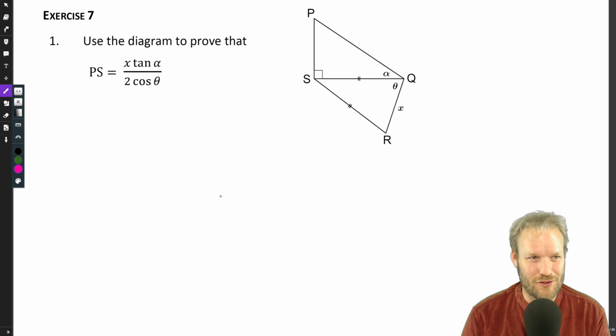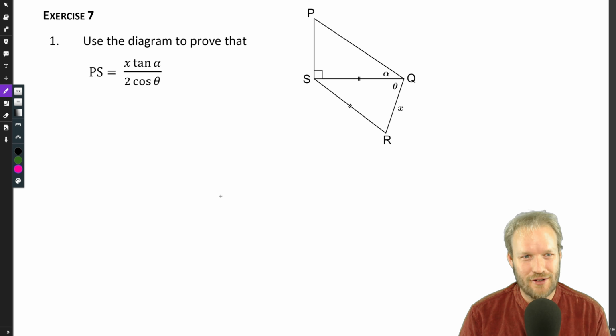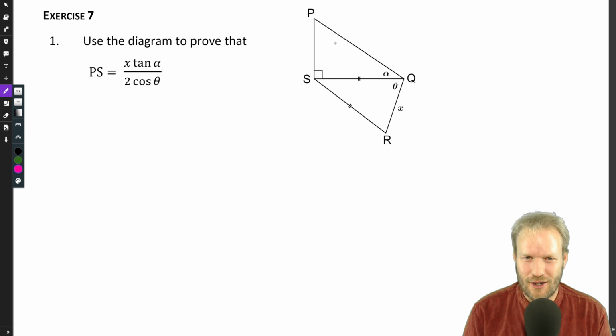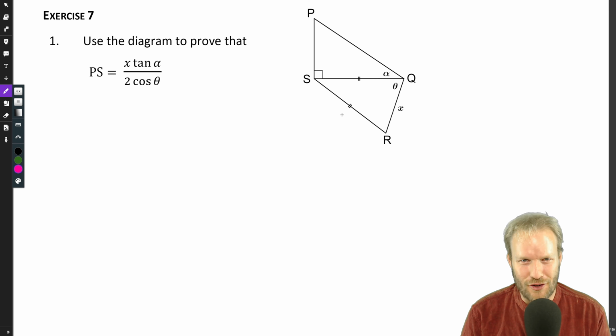Okay, welcome grade 12s to exercise 7, the last one here on 2D, 3D trig. So let's just dive straight in. Use the diagram to prove this whole thing. Now we've got two triangles. Now you've done a few of these examples already, so I'm expecting you to pause when you need to,